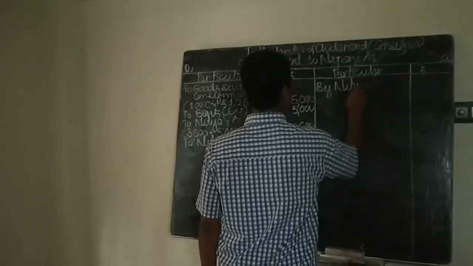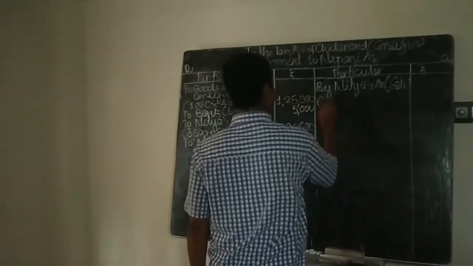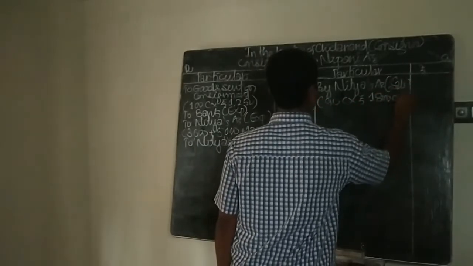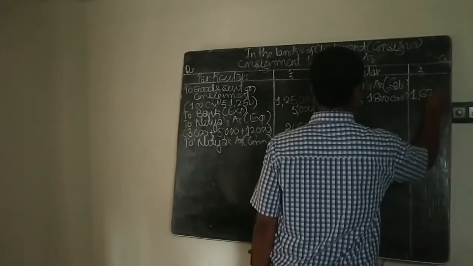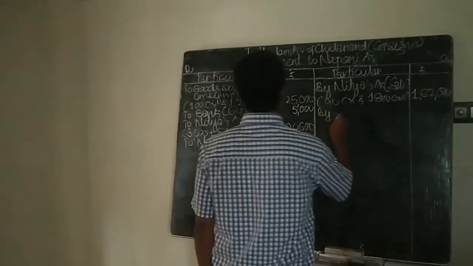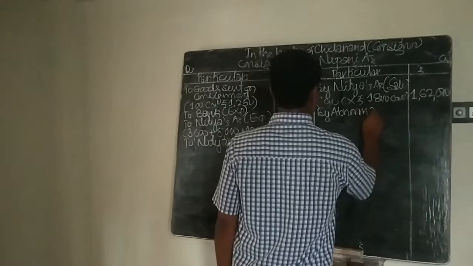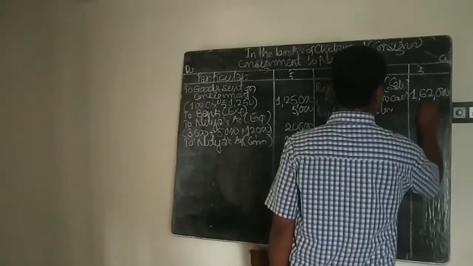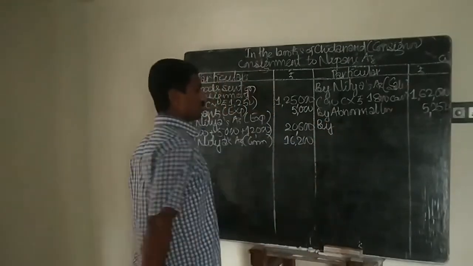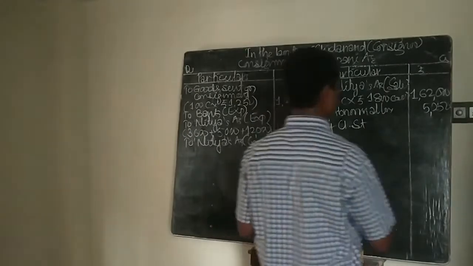When the sales are made by Nitya, it will be Nitya's account to consignment account. In the bracket you write sales. So 90 cycles into rupees 1,800 each, which comes to 1,62,000. Then for abnormal loss, the consignment account is credited by abnormal loss, that is 5,250 rupees. Then there is closing stock, which we have calculated at the rate of rupees